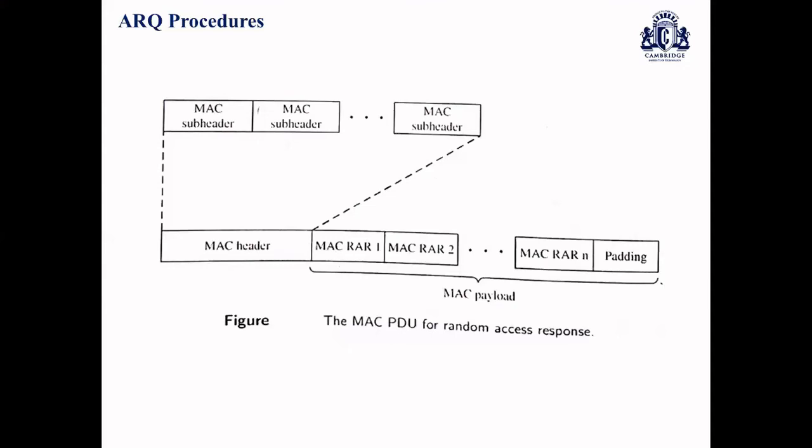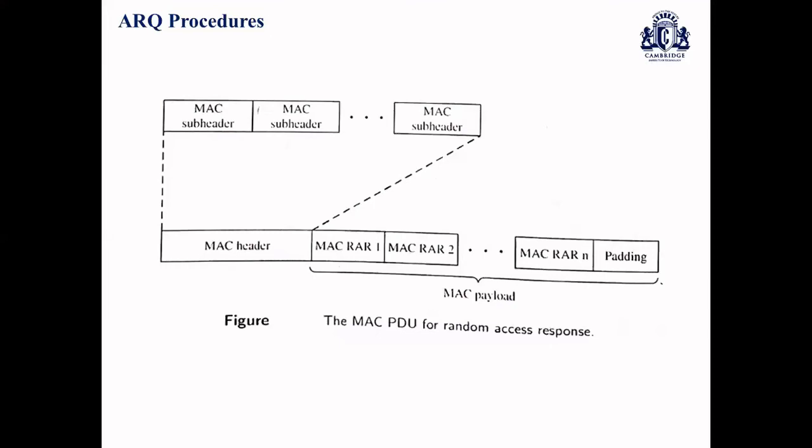And the ARQ retransmission is triggered by ARQ negative acknowledgement, which is usually received at the transmit side of your AM RLC entity. Here also we have a payload as well as MAC RAR with respect to media access control, with respect to several responses what we get. And we have MAC subheader that have been deployed to get appropriate retransmission responses. Okay, that's about your MAC as well as RLC PDUs.